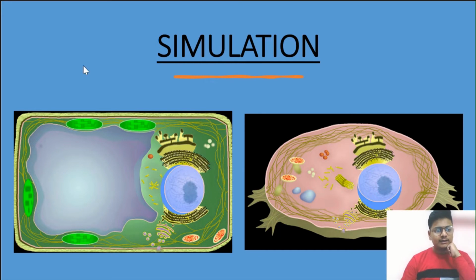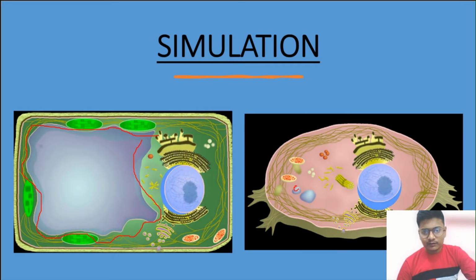Then after this you can see this is the plant cell and this is the animal cell. In this you can see this large white color. Are you able to see? This is more than 50%, about 50 to 70% of the plant cell. And in this you can see small white vacuoles. This is known as vacuoles.